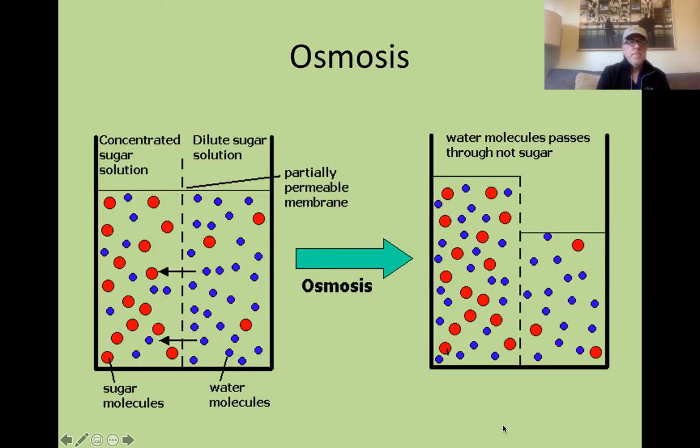So here you can see a beaker with a semipermeable membrane. The red circles represent sugar molecules and the blue water. And you can see there's a very concentrated sugar solution on this side, and here's a much more dilute sugar solution. This means that more water is going to flow from the right to the left than from the left to the right, because there's more of it over here to flow in this direction. And as a result, that means that the level on this side will go down as water molecules flow over there, and the level on this side will go up as fewer water molecules pass from the left to the